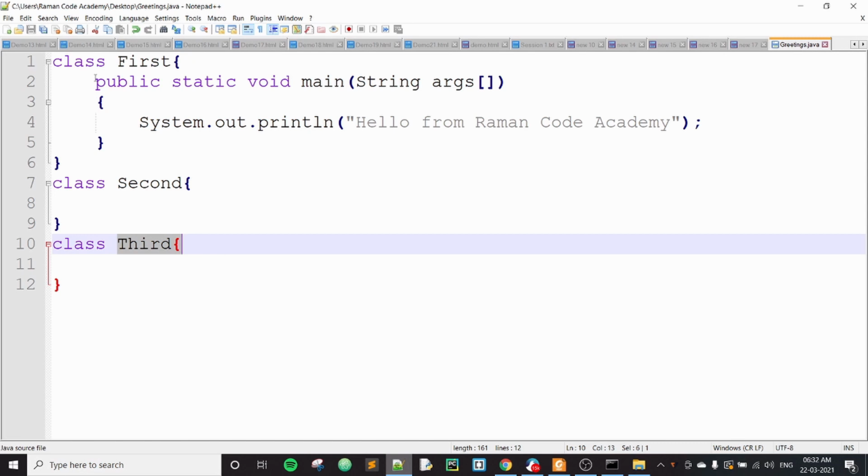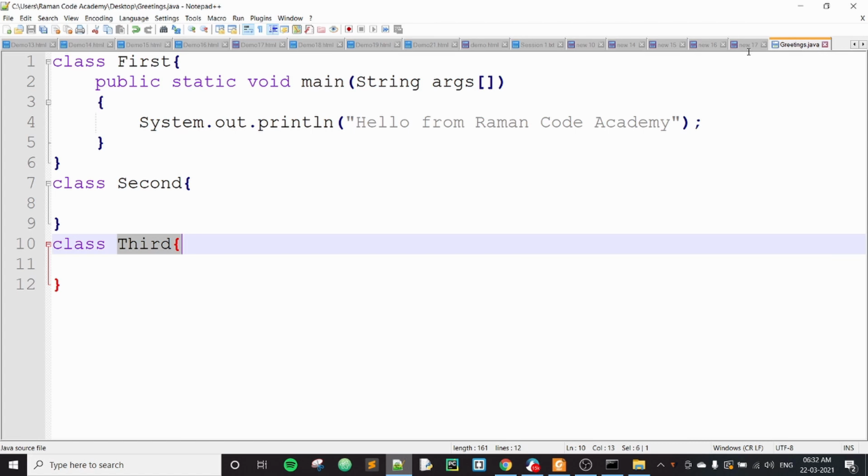We have seen an example that we can have multiple classes inside a file. Now my question is, is it possible for us to have multiple main methods in a program?